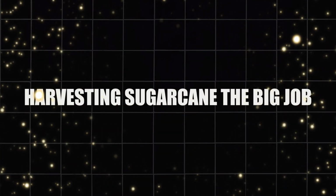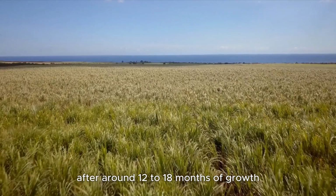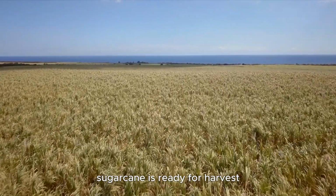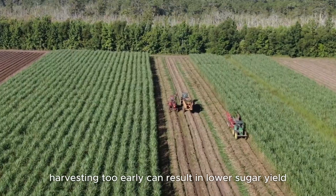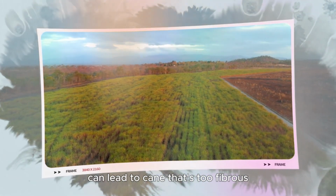Harvesting sugarcane, the big job: timing the harvest. After around 12 to 18 months of growth, sugarcane is ready for harvest. But timing is crucial. Farmers must wait for the sugar content of the cane to reach its peak. Harvesting too early can result in lower sugar yield, while waiting too long can lead to cane that's too fibrous